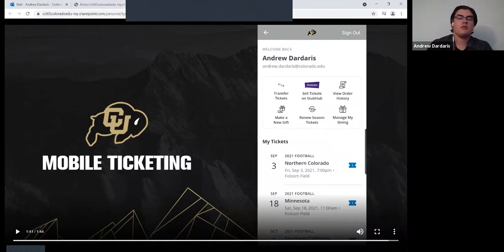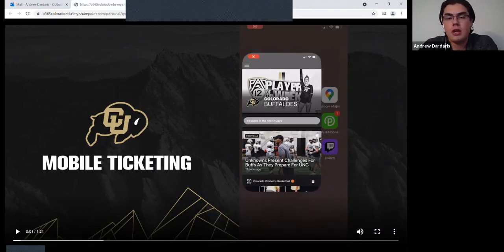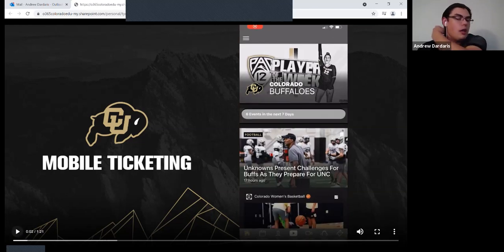Okay, so for Apple users, I will walk through this. It's going to look very similar when you go through on the Apple side of things as well. The platform, the interface is going to look really similar to what we just saw on the Android, just a couple nuances in terms of how you save that to your device. But it all starts, once again, if you log into your Buffs mobile app,